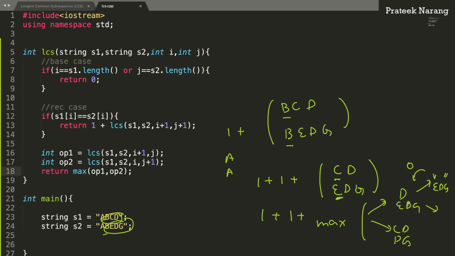And in one case you say okay, we exclude e here, right? So that will be d and dg, and this will again make two calls. So here d and d match, right? It will make one call, so it would be 1 plus the remaining, and the remaining is 0. So you get a 1 from here, right? And what about this? From here you make a call on d and dg and another call on cd and g, right?